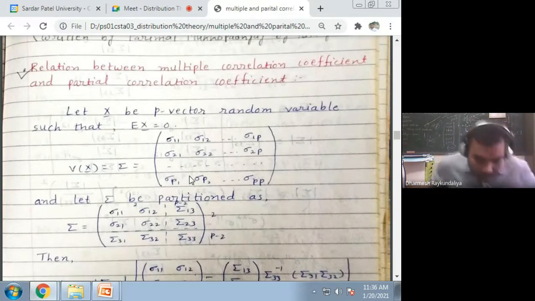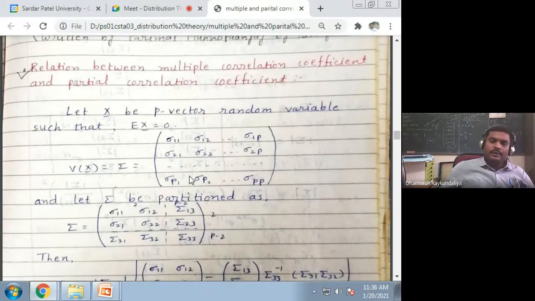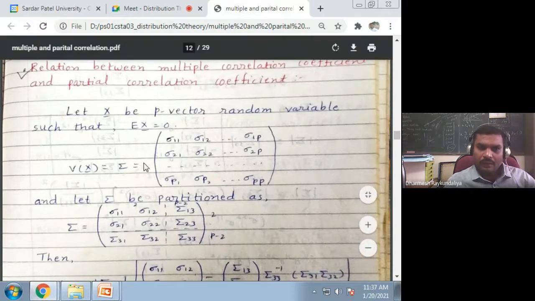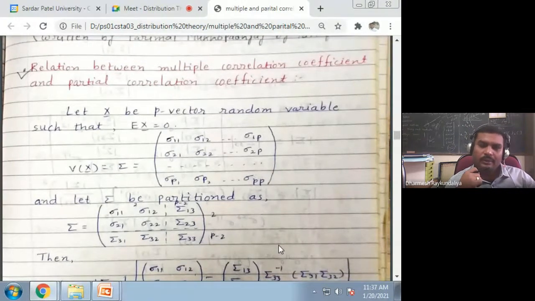Or it is also known as the simple correlation between the residual of regression of x1 on x3 and the residual of regression of x2 on x3, where x3 has the p minus 2 elements x3, x4 up to xp. Now if I wish to find the relation between the partial correlation and the multiple correlation, sometimes in a competitive examination they give the multiple correlation, or sometimes they give the simple correlation,